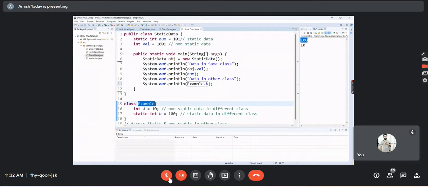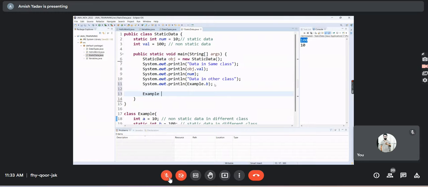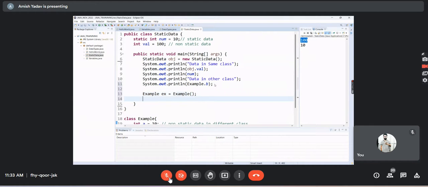If you want to access this static b data in this main method, you have to write the class name where you have declared that variable, dot your variable name. Okay, and to access this non-static data, you have to create an object of that example class. Okay, so via object creation,